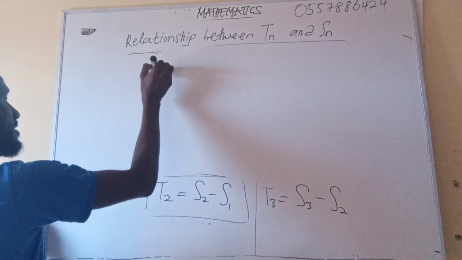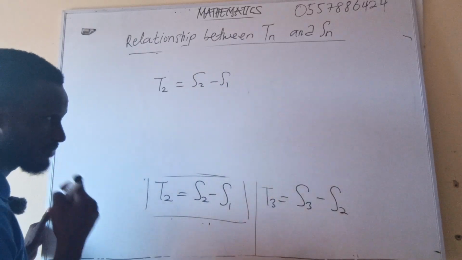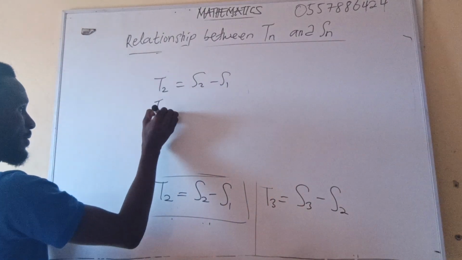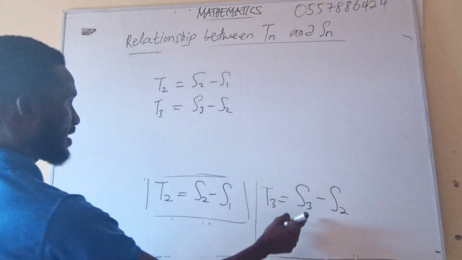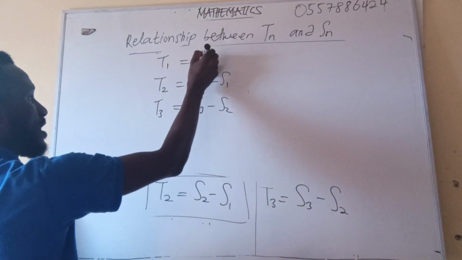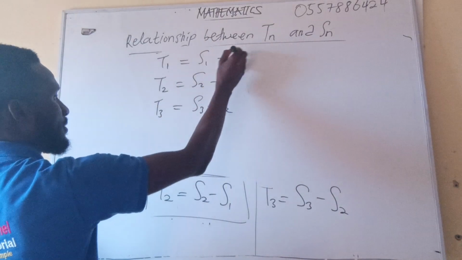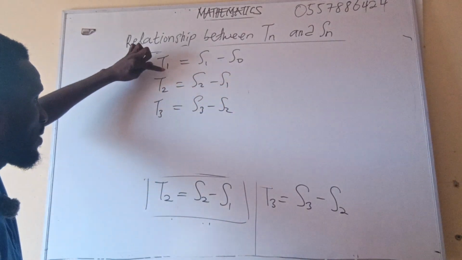Now, it means that t2 is S2 minus S1. Now, t3 is equal to what? S3 minus S2. That's what I'm getting. Then I can get the t1. Then what will be t1? t1 will be what? S1 minus what? S0. Then that's how I can do it, because if you look at the pattern here, whenever here is 2,